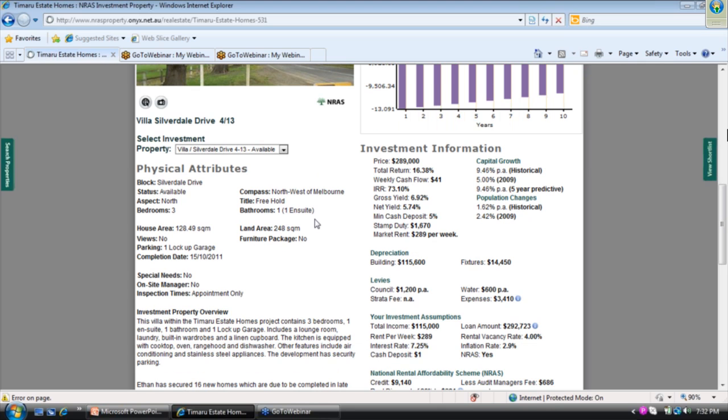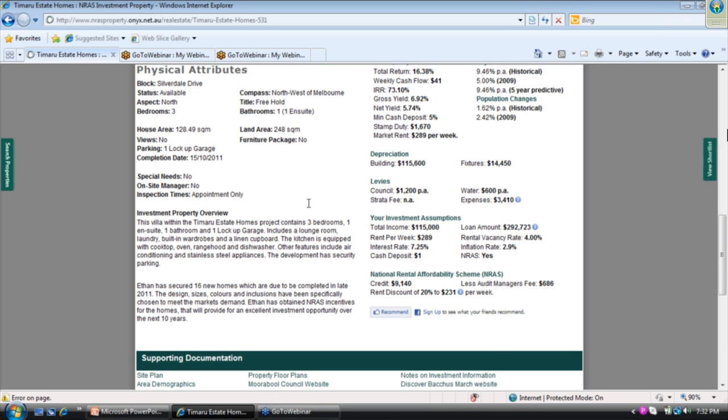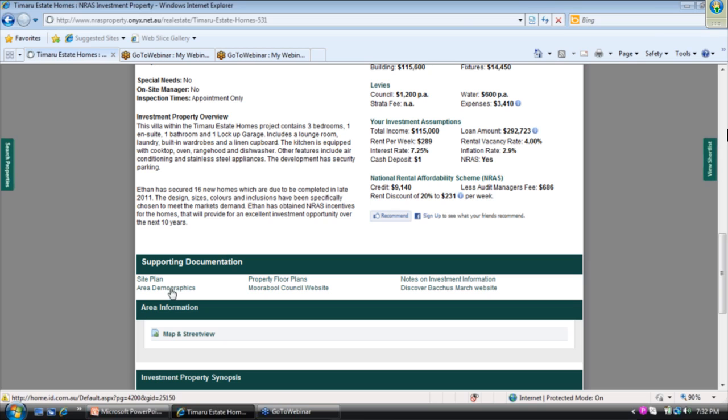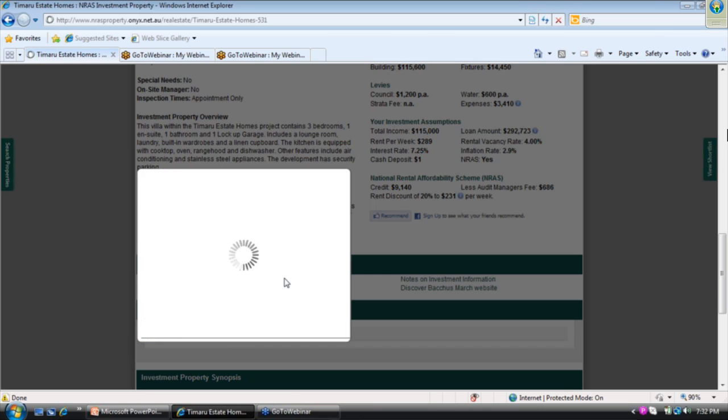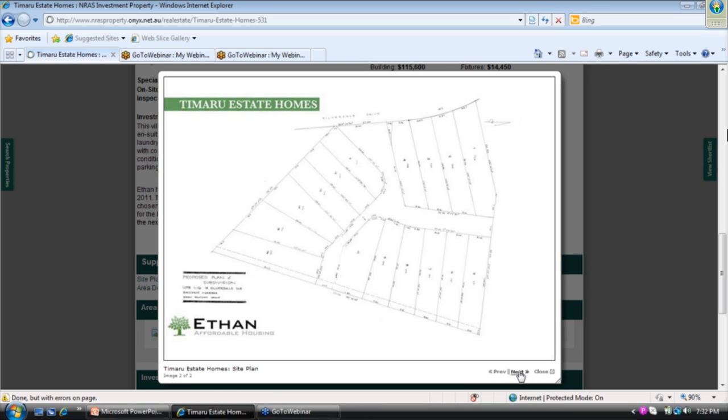Now I'll just scroll down. Here you'll find heaps of information about the property. You'll see the number of bedrooms, bathrooms, the aspect, the completion date, various information there for you to go away and do some homework on. The supporting documentation down here is an important part to have a look at. So you can view a site plan in here. Now this will vary from developer to developer, depending on what they've got available. There may be one document, there may be several. If there's several, you'll be able to flick through them